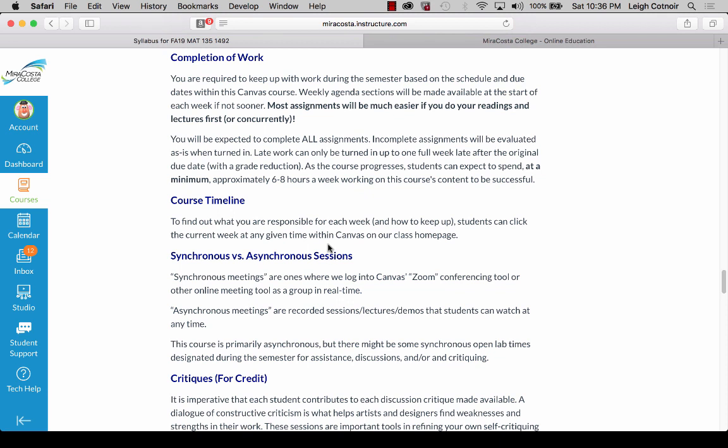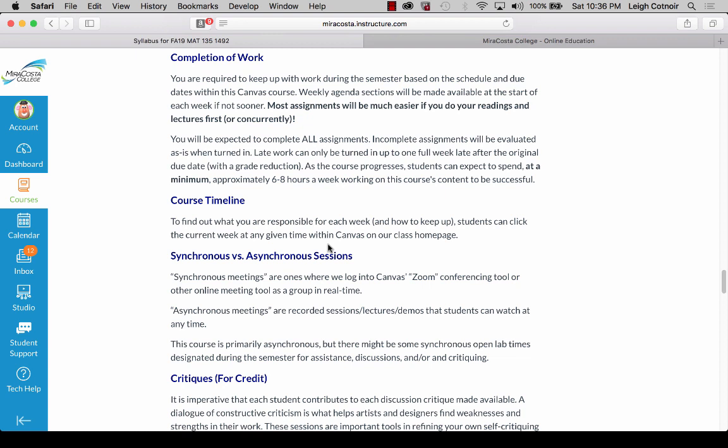This class is a lot of work, all right? It is 3 units, but it's not 3 units the way that, say, an English class is 3 units, where you meet 3 hours a week and you spend some time on your homework, however much time that happens to be, depending on what the assignments are. This class is 3 units, however,